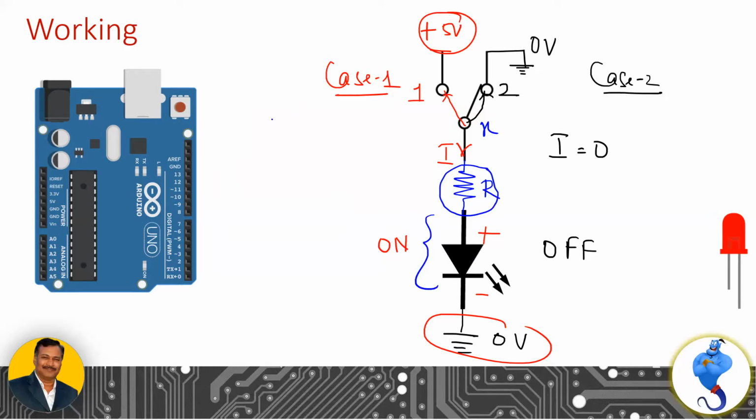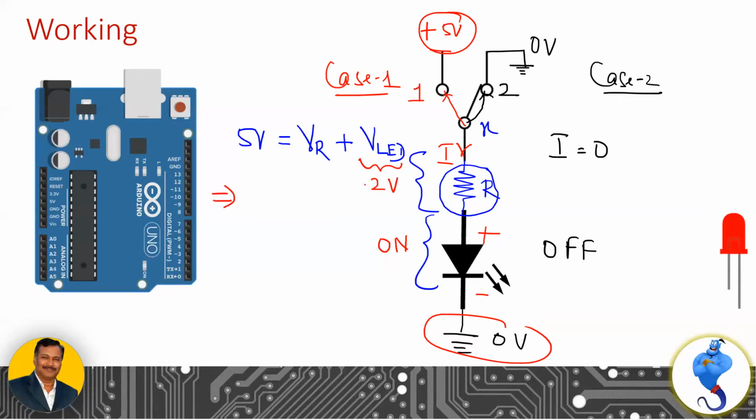According to Kirchhoff's voltage law, this applied voltage of 5 volt is equal to the voltage dropped across the resistor, which is VR, plus the voltage dropped across the light emitting diode, which is VLED. So the summation of the two voltages is equal to the applied voltage of 5 volt. If you see the data sheet of a light emitting diode, the voltage dropped across the light emitting diode typically ranges somewhere between 2 to 2.5 volts, depending upon the type of the LED. Let us say for a typical case it is 2 volt.